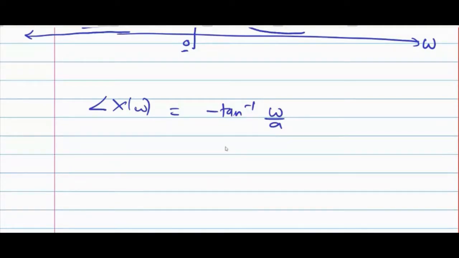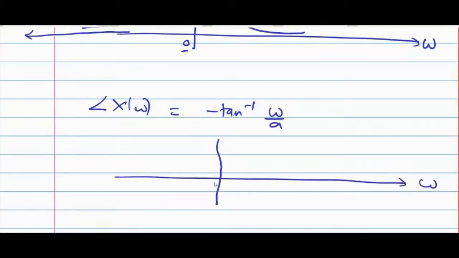If you try to plot for different values of omega, here omega is 0, the angle comes out like this. Omega equal to 0, angle will be 0. At omega equal to 2, we saw the angle was 315 degrees. The maximum omega value is infinity. So at omega equal to infinity, angle will be how much?